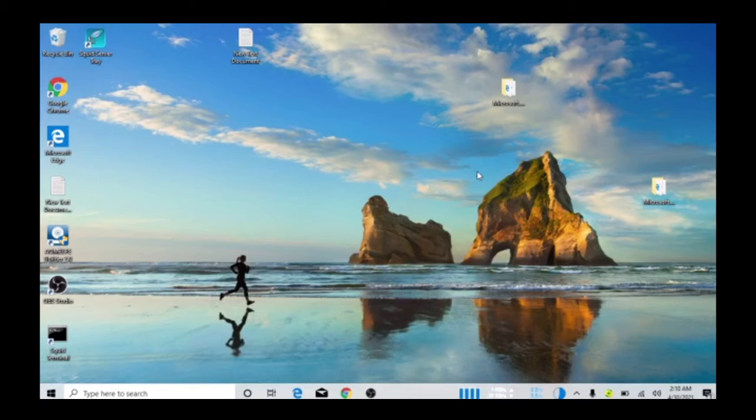In this tutorial I'm going to show you how to use your Windows machine, or your Windows 10 operating system, as a repeater so that other devices can connect to it. It's so simple, and let's get into it. So first thing, what you need to do is to click on your Wi-Fi